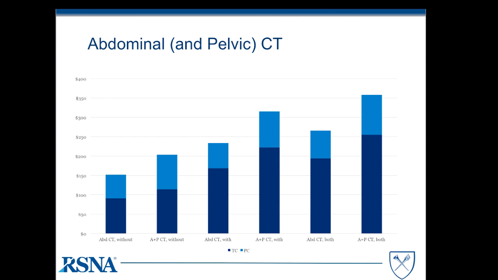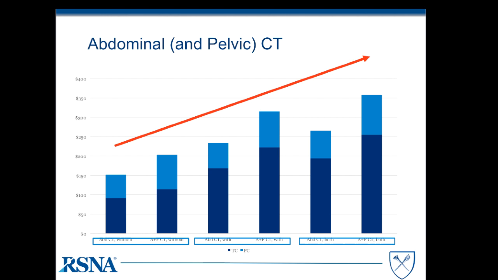Remember, in the prior CPT module, we talked about the 3 different types of codes for CT, as well as MRI for each body part. No contrast, contrast enhanced, and pre and post contrast. And again, there's different codes depending upon whether the body part is just the abdomen or the abdomen and pelvis. Each of these